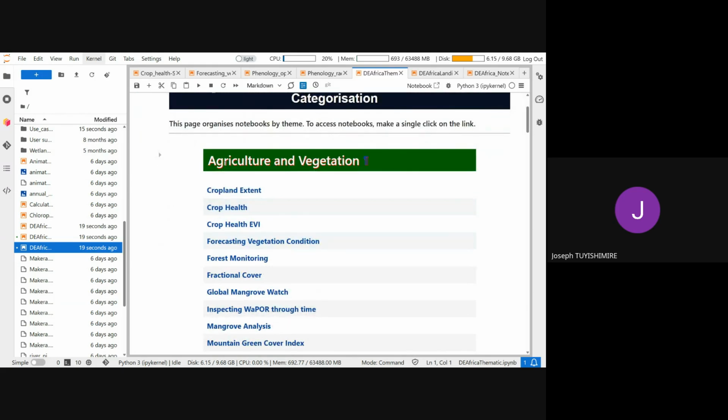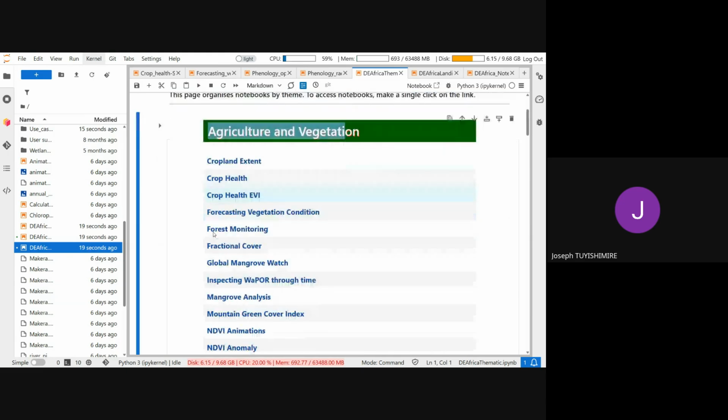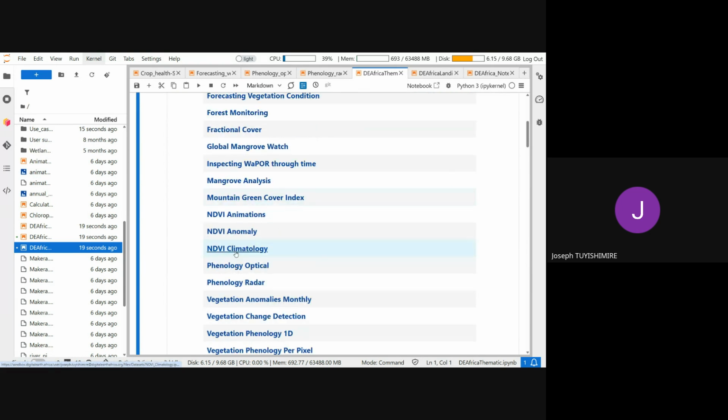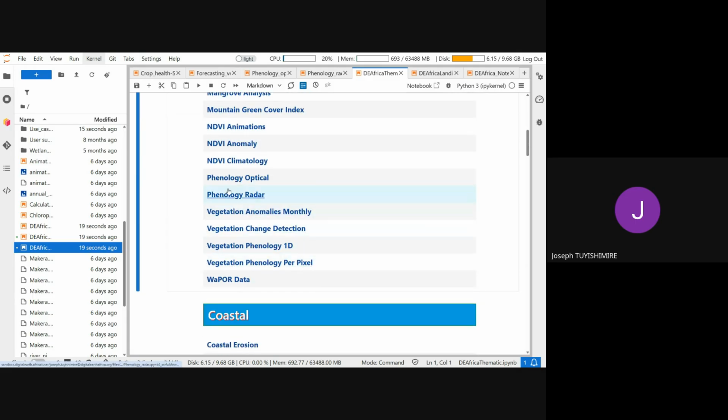That's why you have these themes, agriculture and vegetation, and through it you can see from the cropland extent, and you can go to crop health, vegetation fractional cover, NDVI anomaly, animation, phenology, and so on.